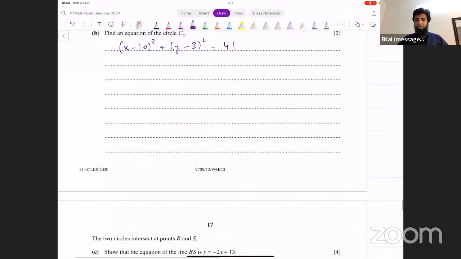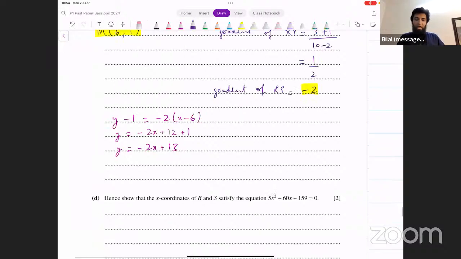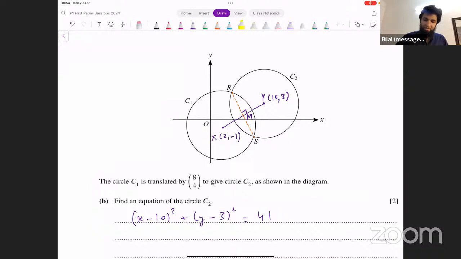So we need to show that the x coordinates of R and S satisfy this equation. Now, R and S are the points of intersection of the two circles. But at the same time, R and S are also points of intersection of this line and any one of the two circles. So basically, since you have the equation of the line RS now, you can say